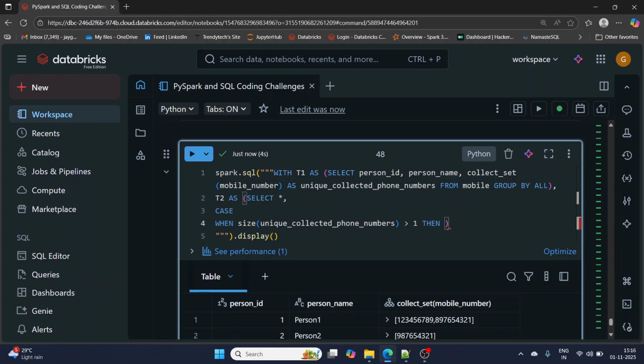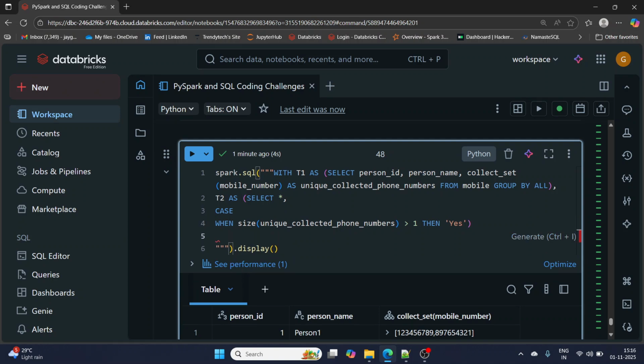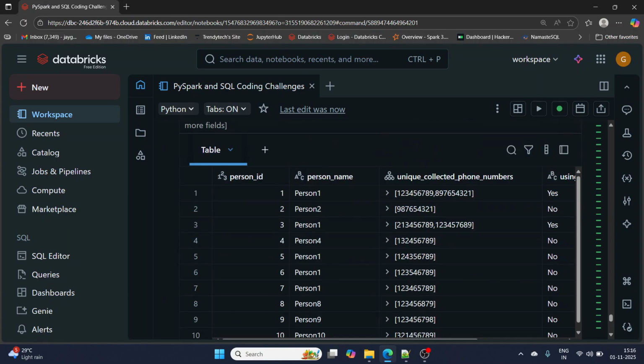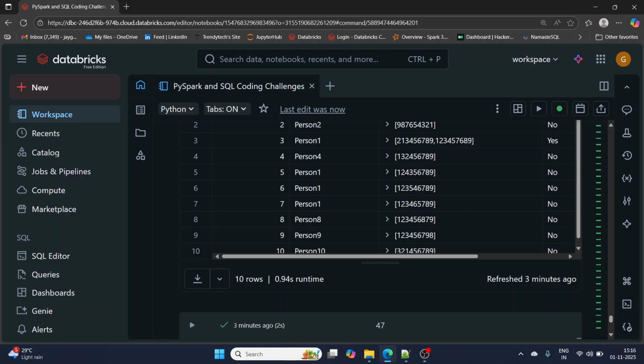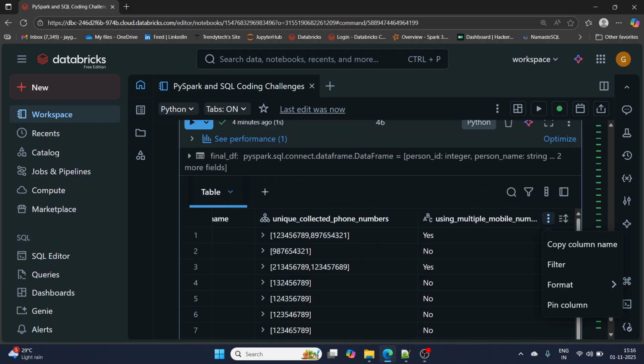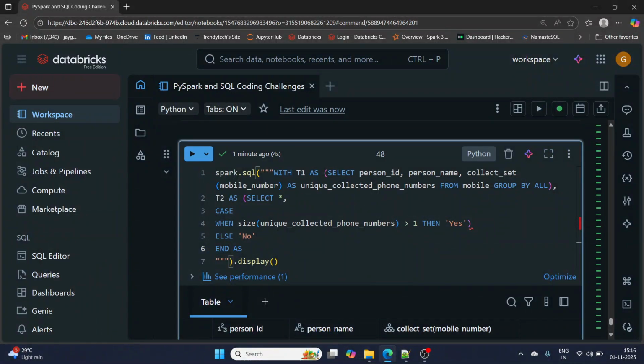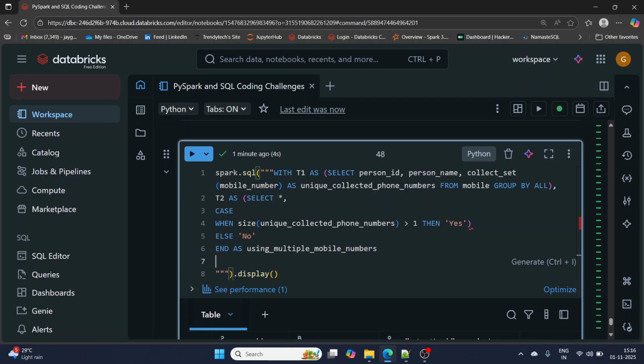then yes, right? Else no. Okay. And as what is the name I want to give for this column? Using multiple mobile numbers. Okay. And as this one, right? And what I'll do?